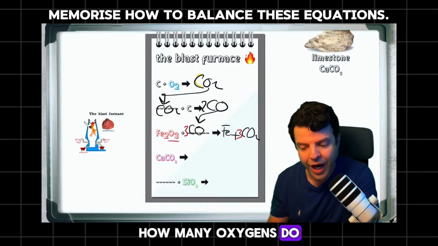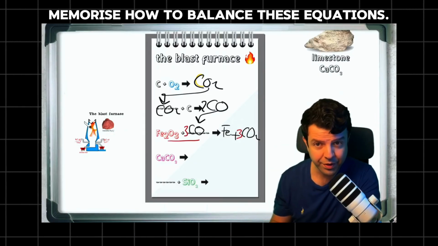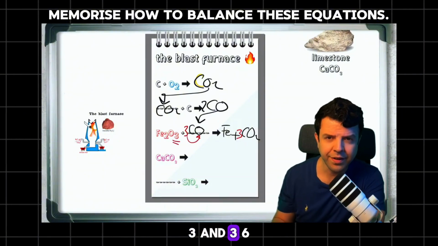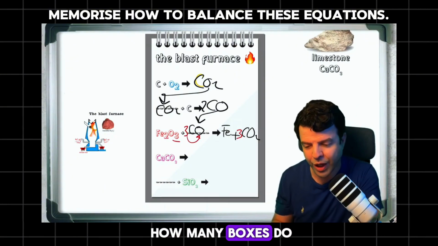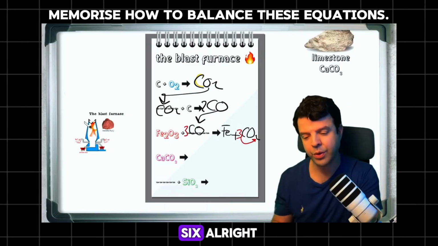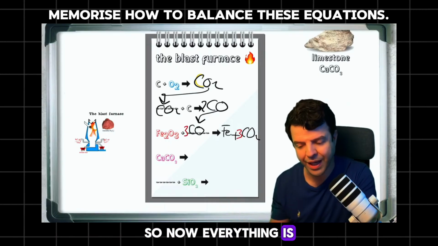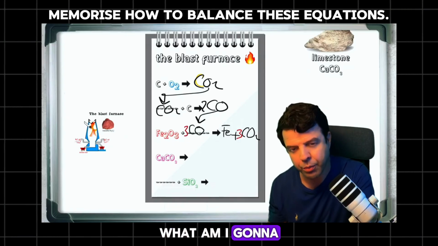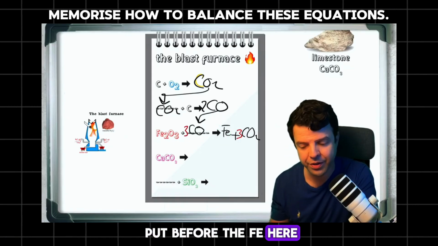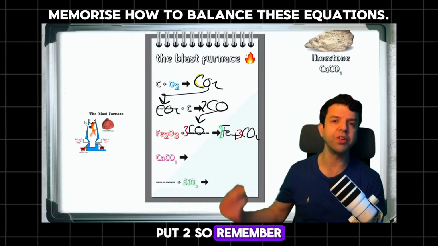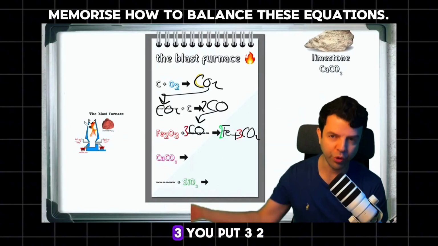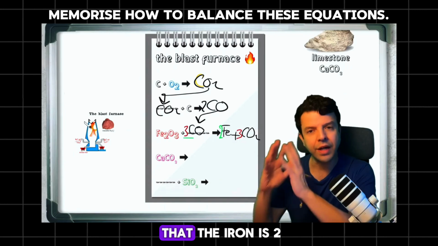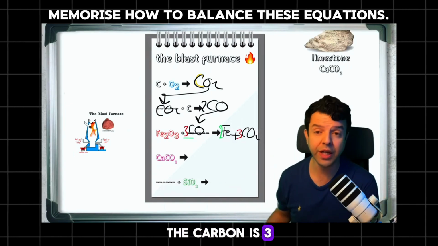How many oxygens do I have on the left? Count. Right, 3 and 3, 6. How many oxygens do I have on the right side? 6, right? So now everything is balanced except for the iron. What am I going to put before the Fe here? Put 2. So remember it, it's 3, 2, 3. You put 3, 2, 3 to make sure that the iron is 2, the carbon is 3 on both sides,